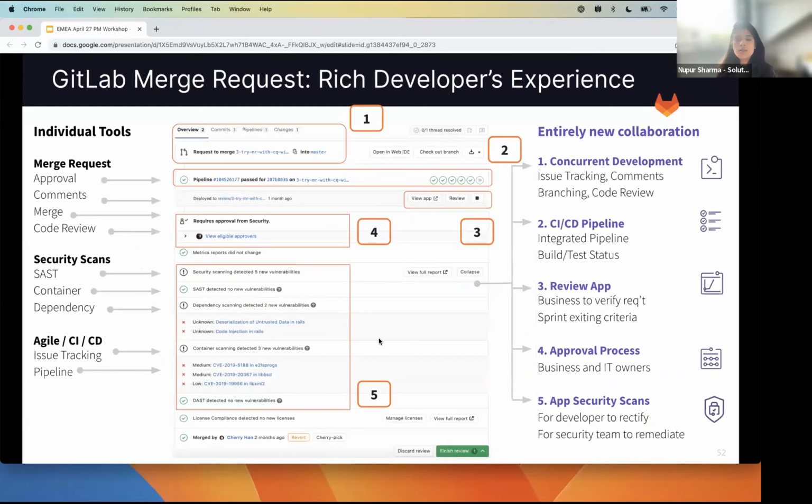So let's look at what a GitLab merge request looks like. If you see, there is quite a lot going on in this merge request. For example, in the first part, there are concurrent development details, right? So you can see over here, you have commits. If you want to understand, for this particular merge request, how many pipelines were created, what the change differences are, what the code difference is which the developer made,